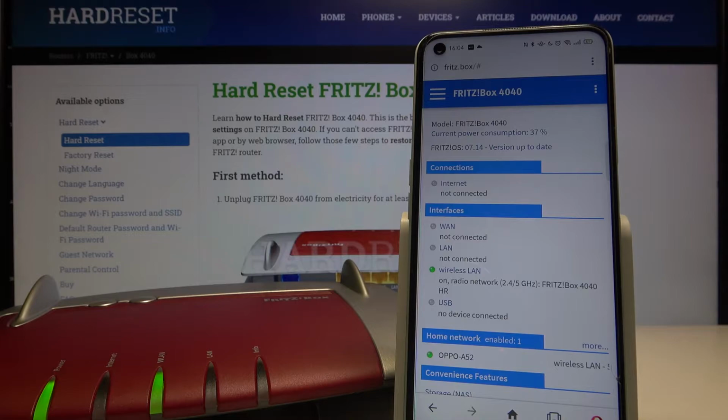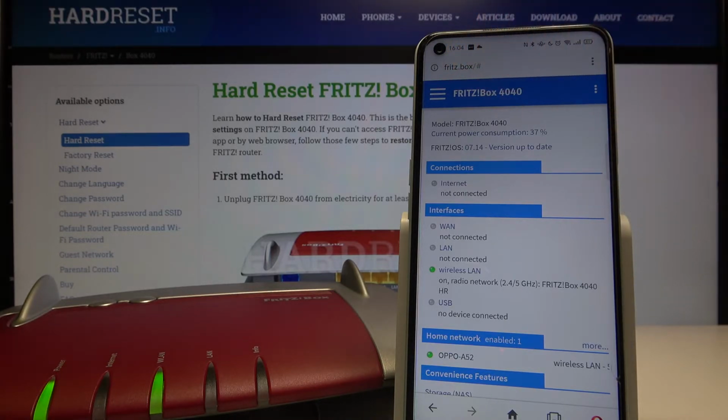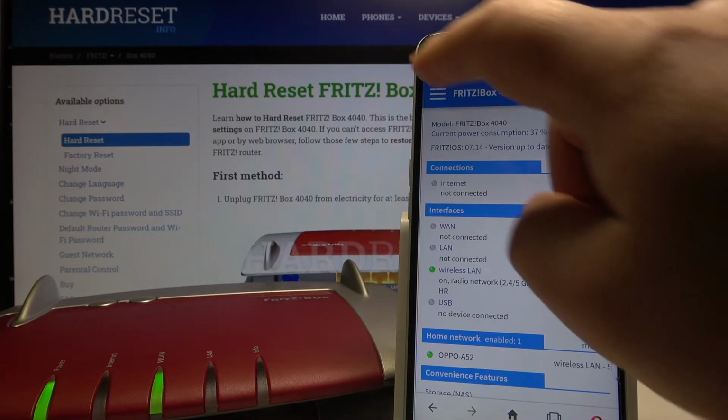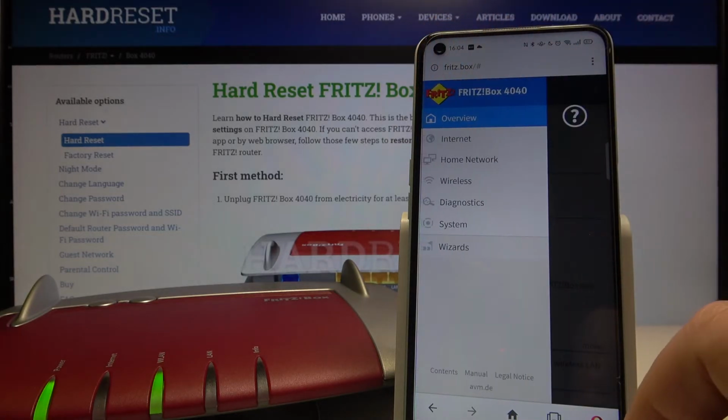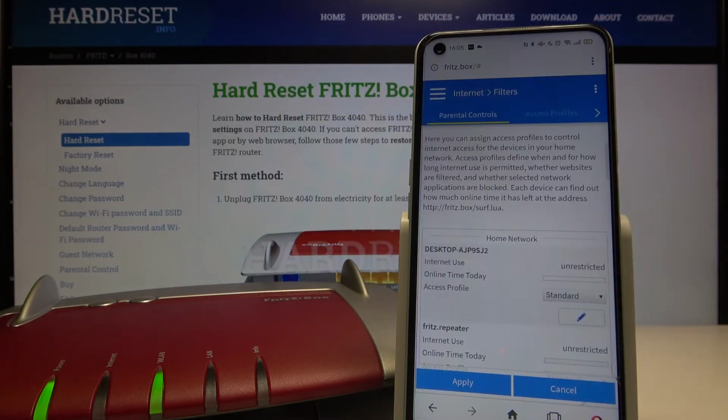When you are in the Fritz box settings in the web browser, you can access that by typing fritz.box in the address field of the web browser and entering the password. You should see the screen like that, and now go to the internet, go to the filters,